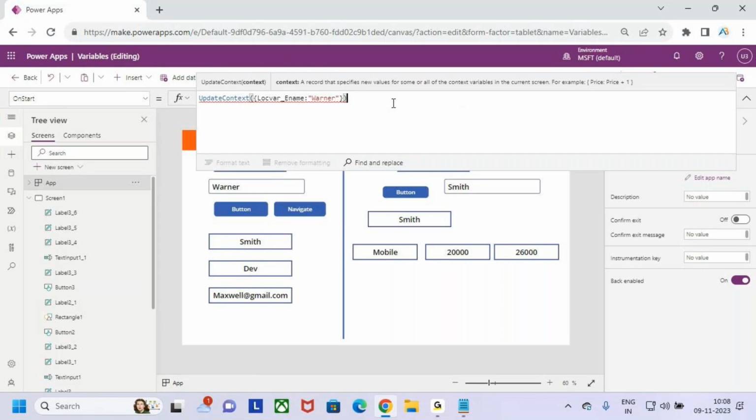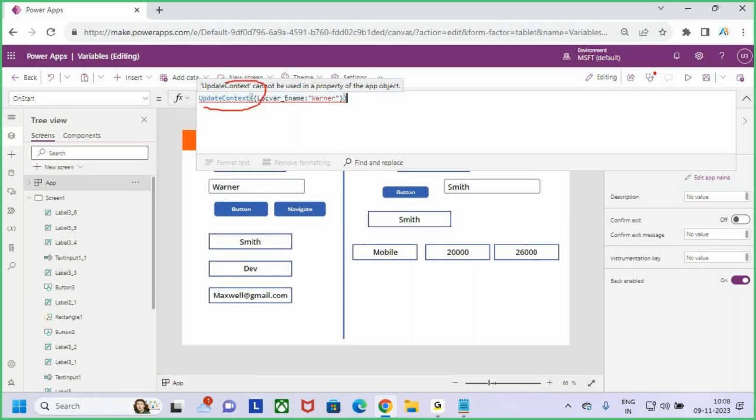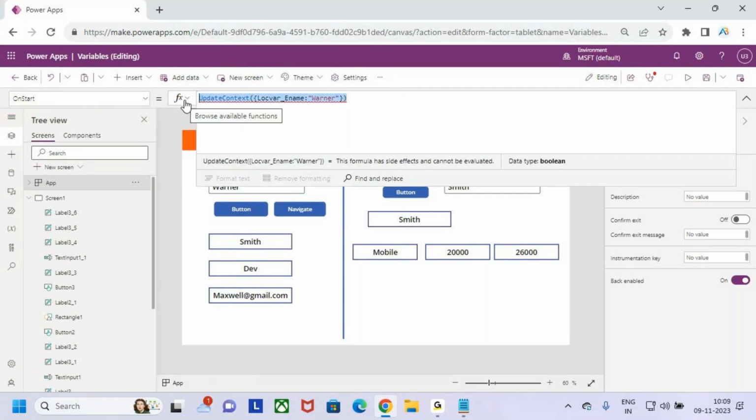Now see, if I declare a variable, it is throwing an error. What is that error? UpdateContext cannot be used in the property of the App object. We are not able to declare these local variables on the OnStart. Why? Because whatever variables you declare on the OnStart, you need to make use of in all the screens, but local variables cannot be used on all the screens. So that is the reason why we are not able to declare the local variables on the OnStart of the screen. But if you want to declare the global variables, Set